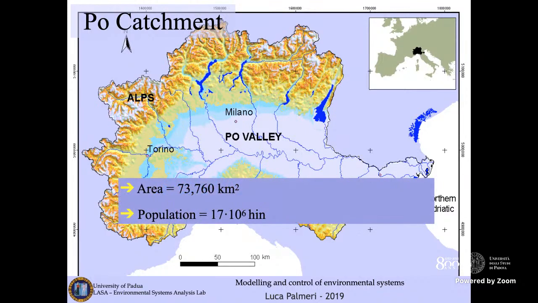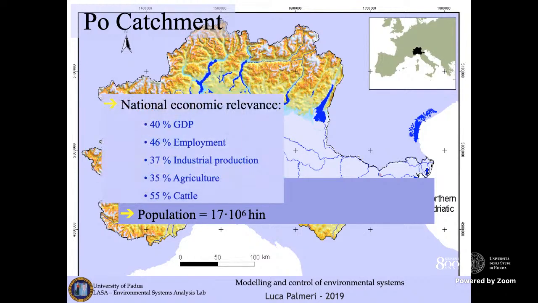anthropogenically impacted. I remind you that the surface is very large, so we are talking here about 1,073,000 square kilometers, and we are talking of the effect of a population of millions of inhabitants, 70 millions of inhabitants in this case. This area has an important relevance in terms of economic impact on the GDP. 40% of the GDP comes from this area. In Italy, 46% of employment, 37% of industrial production, 35% of agriculture, 55% of cattle raising is performed on this